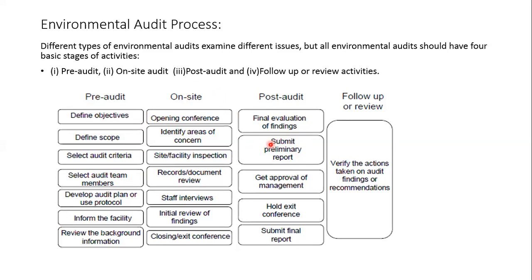This preliminary report will be shared with the auditee, of whom we are doing the auditing. Whatever observations we have made, maybe they have some other way to look at it, or they can say that yes, we can improve on this or that immediately. If they are able to do that, those things will be deleted from this preliminary report, and whatever is assured will be taken care of. Then get the approval of the management. The approval of management will be done after this meeting with the auditor.